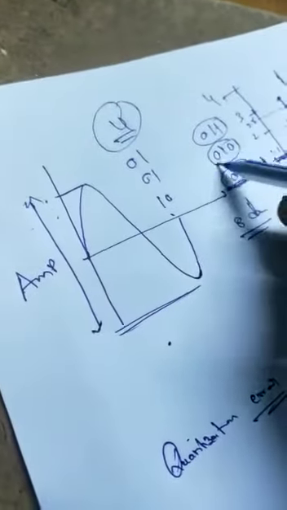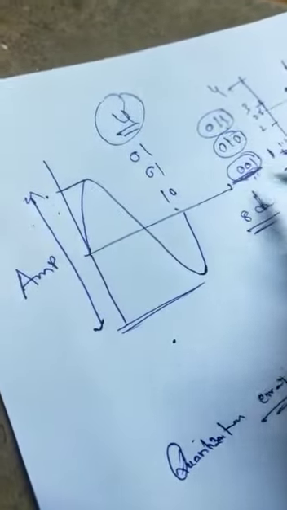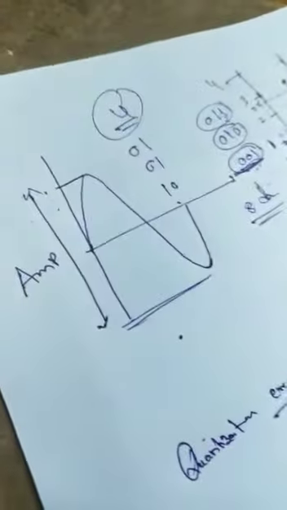So this is the encoding process. After that, the signal can be converted into 001, 010, 011. This is called a digital signal. So we take an analog signal and convert it into a digital signal. This is called a PCM signal. So what is a PCM signal? Converting an analog signal into a digital signal. I explained that I take this analog signal and convert it into digital values like this.